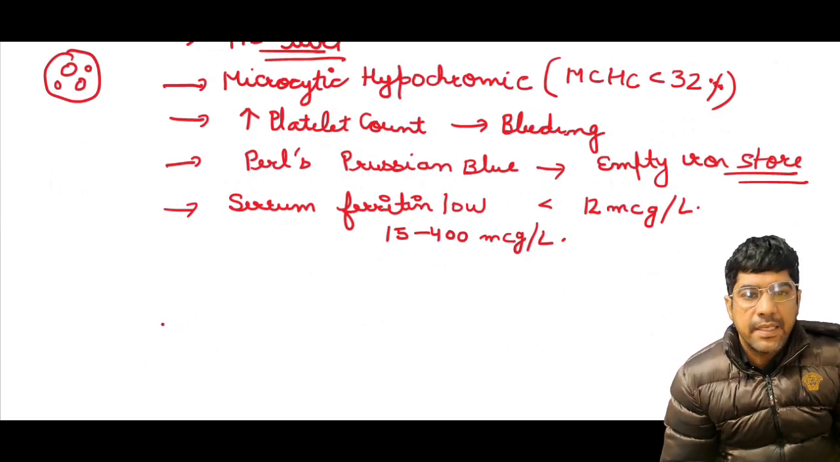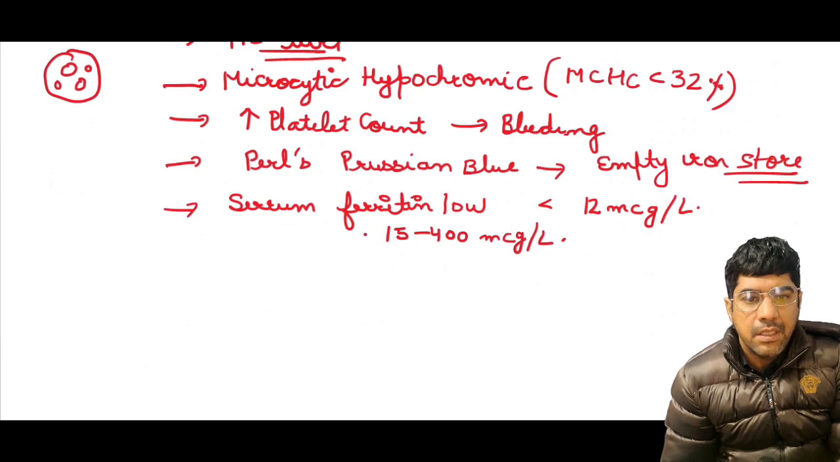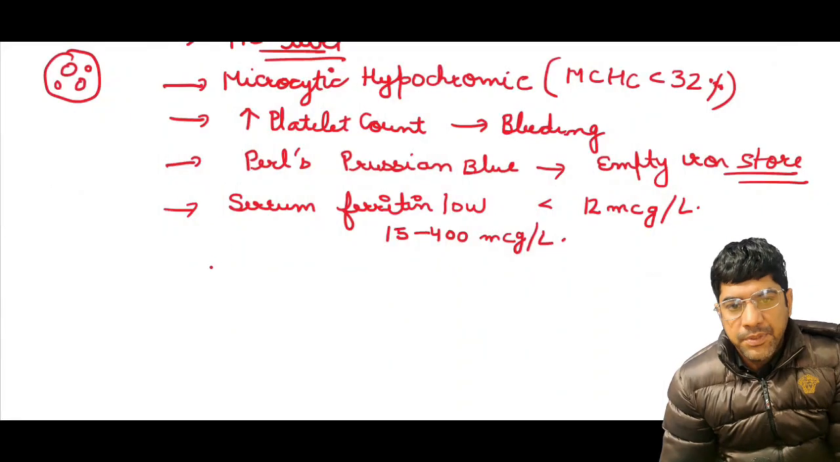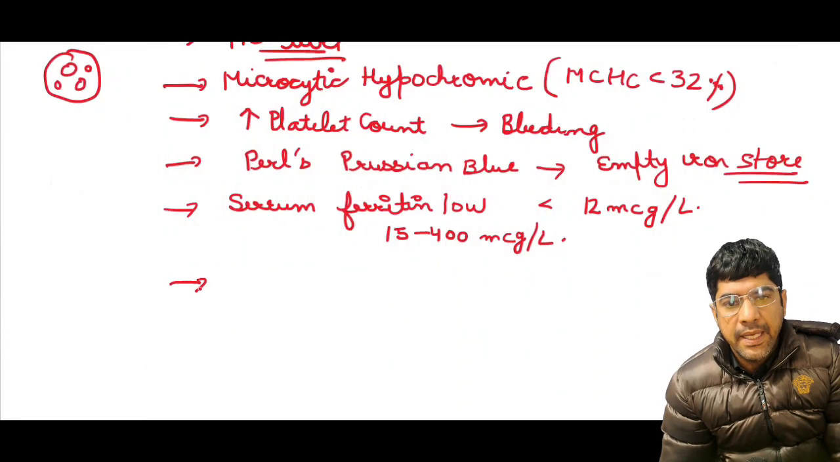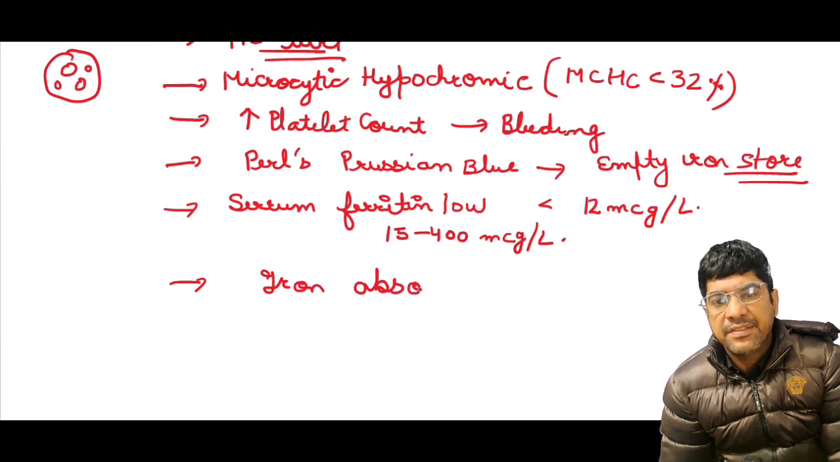Apart from that, you can check iron absorption and total iron binding capacity. Iron absorption refers to the body's ability to take in and utilize iron from the diet. Normally, the small intestine absorbs iron from food into the bloodstream. This iron absorption is influenced by various factors, including dietary intake, the body's iron stores, and the